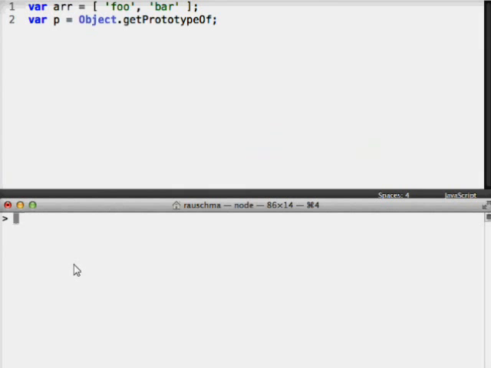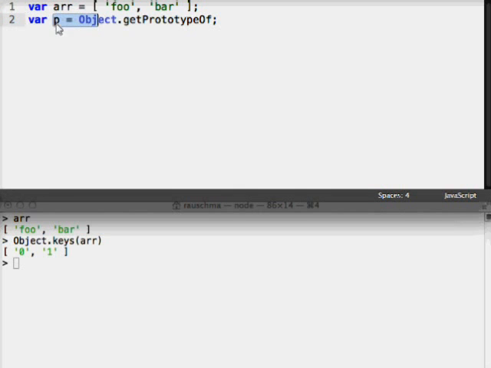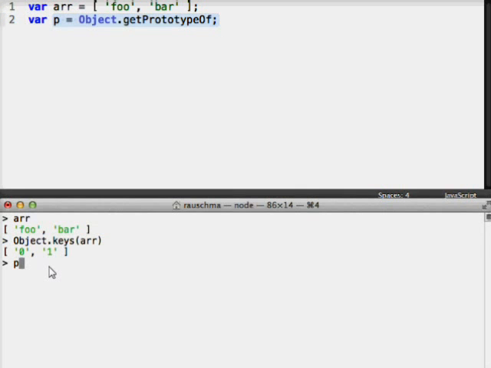So now we have an array stored in r, and we can examine the keys of it, and we see that the array indices are in here. Length is hidden, but that doesn't matter now. And then we can, by the shortcut, figure out the prototype of the array,